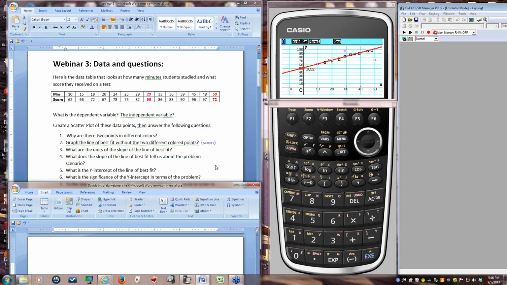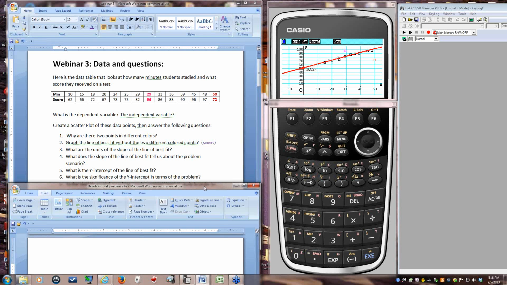When I've used this problem with teachers, the question I have for teachers is, is that a reasonable score for 0 minutes of study? And most of the time, the teachers aren't necessarily happy, but somebody finally says, well, you know, if you've been paying attention in class and yeah, you didn't study, but you already knew some of the stuff, so maybe 52 points isn't too bad. But that might be an interesting thing to look at some of your own test scores, if you took this kind of a survey with your students.